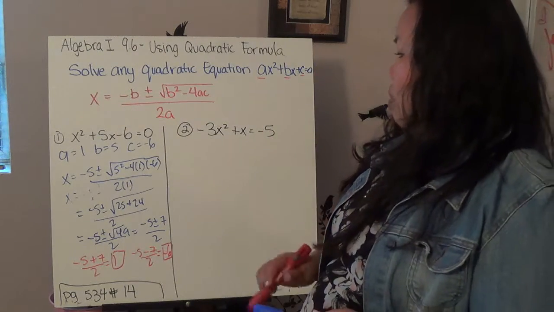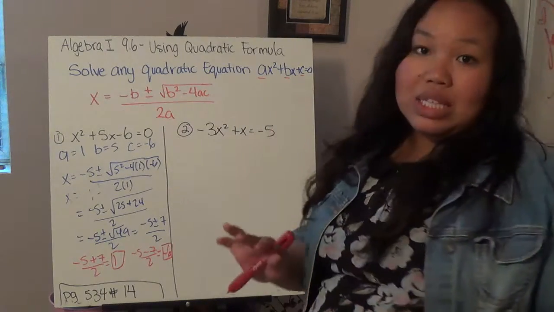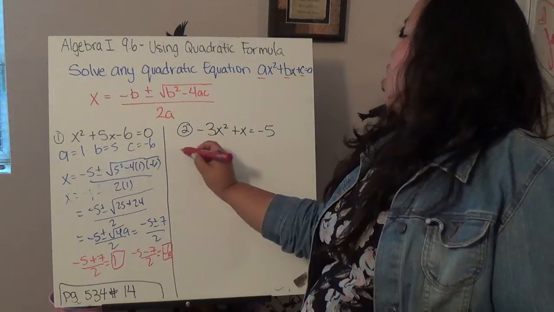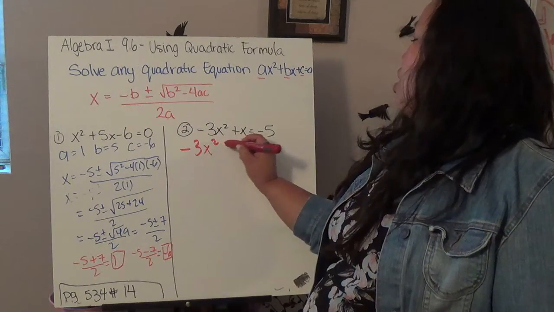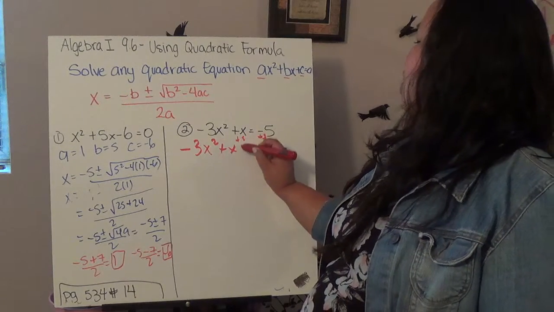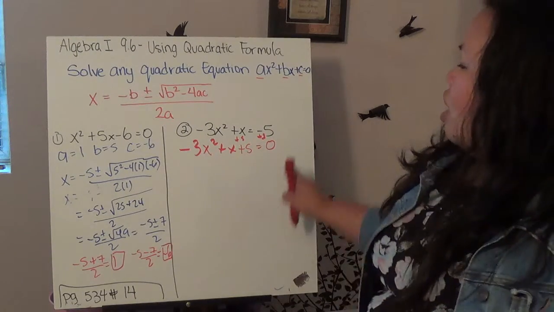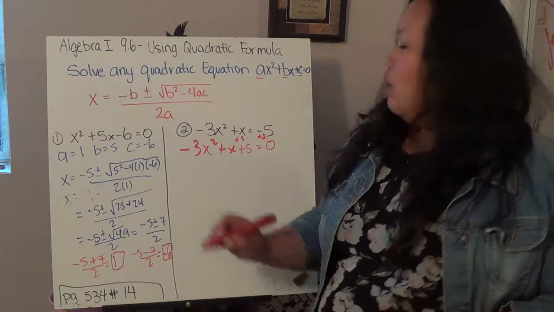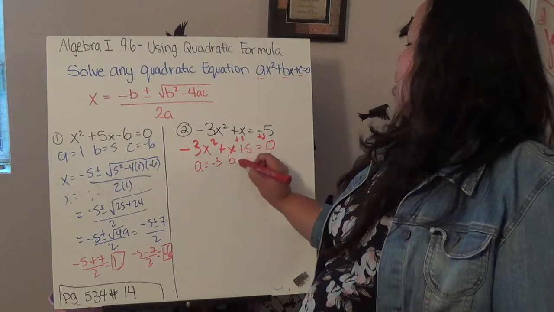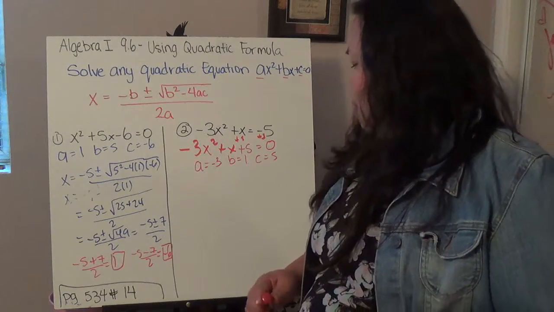But this time the problem is that this is not equal to 0. So that's easily fixed. All I have to do is bring everything to one side of the equal sign. So I have -3x squared plus x, and this 5, I'm going to add 5 to both sides. This makes it plus 5, but then -5 plus 5 gives me 0. Then I have the same thing that I have here. My a is -3, my b is 1, and my c is 5. I'll plug it in